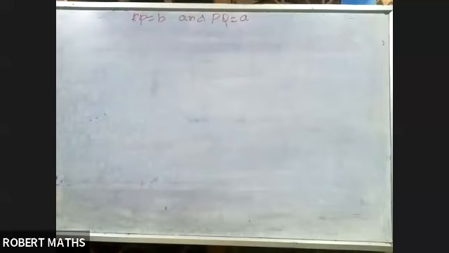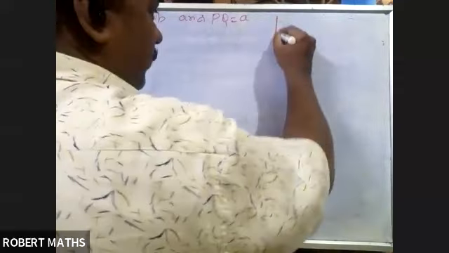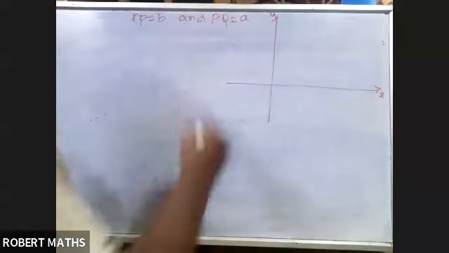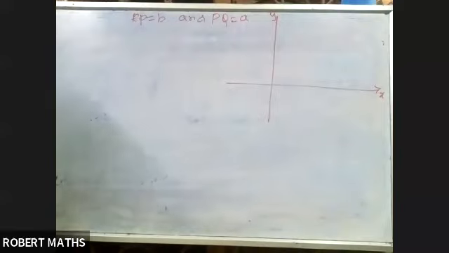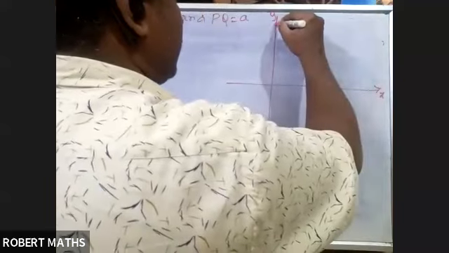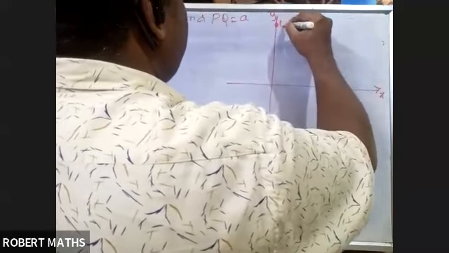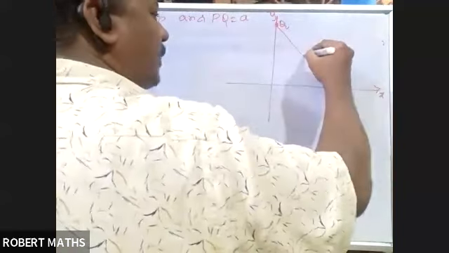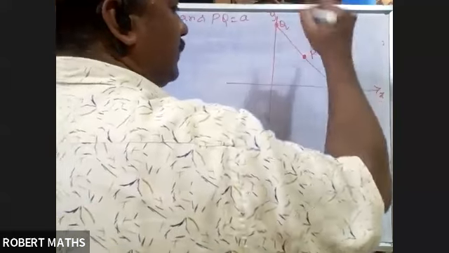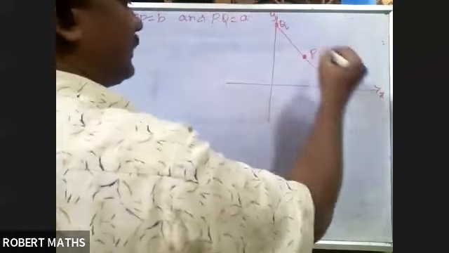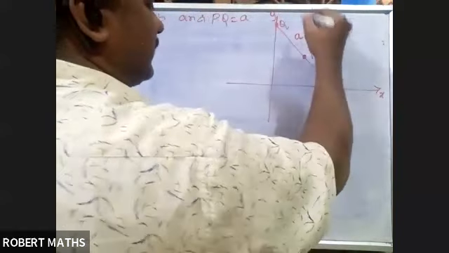Now listen, it's clearly given. Suppose you take the x-axis on the Cartesian plane. R is on the x-axis, and Q is on the y-axis. Join this line. There is a point here that is called P. This point P is a variable point. From the point P, the length to R is B, and the length to Q is A.